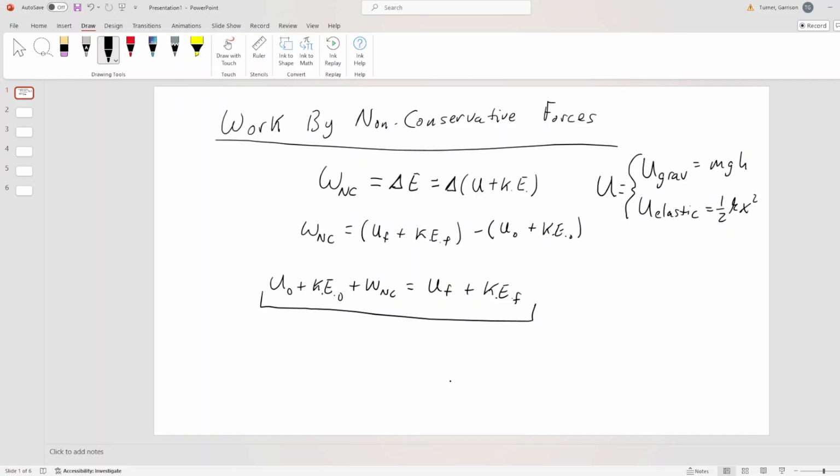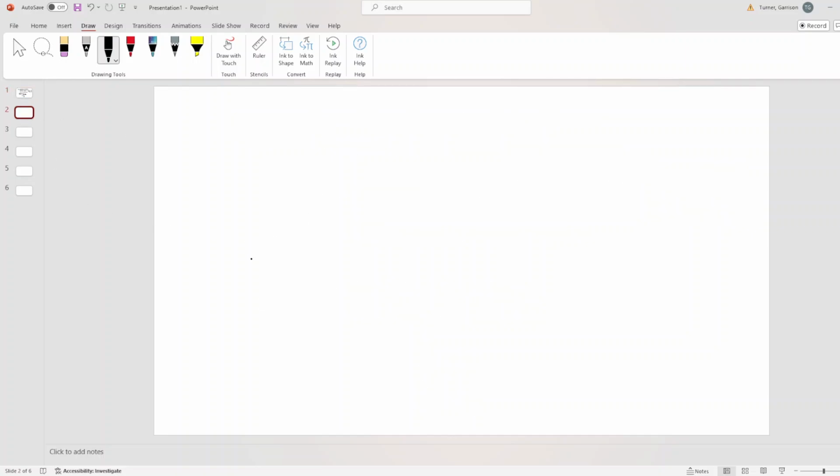Now remember that work can either be positive or negative, because work is equal to force dotted into displacement if you are dealing with constant forces, or this is the integral of F dot dx if your force is not constant. So let's look at a quick example here, and to start, let's start out with a flat plane, and I have a block, and let's say that the mass of the block is equal to, for kicks and giggles, 1.5 kilograms. And I give it an initial speed